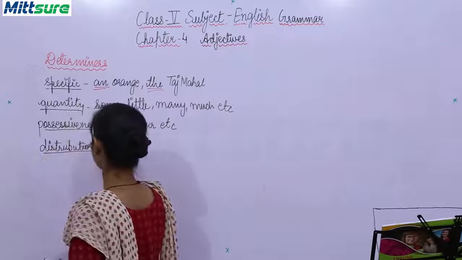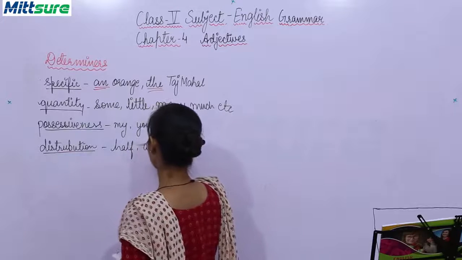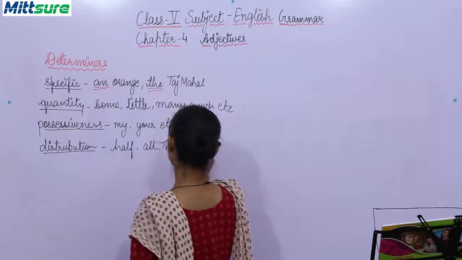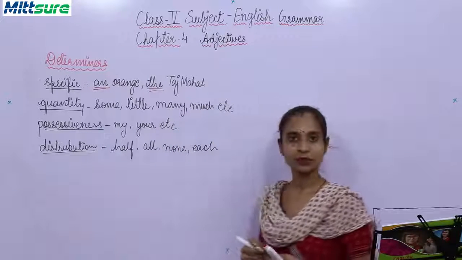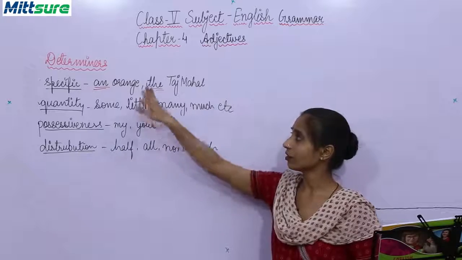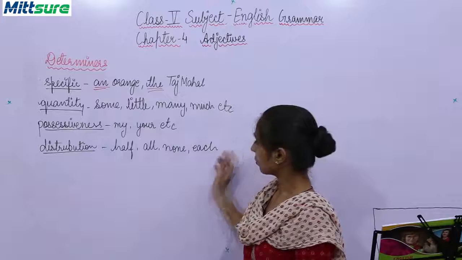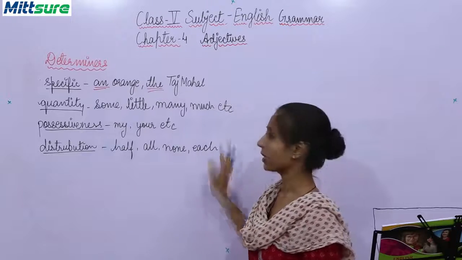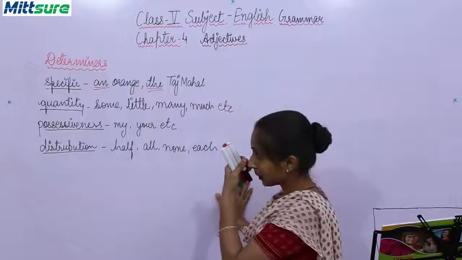Like half, all, none, each. These are known as determiners. Fine. We can have more examples of it, but this much is enough to understand that when we want